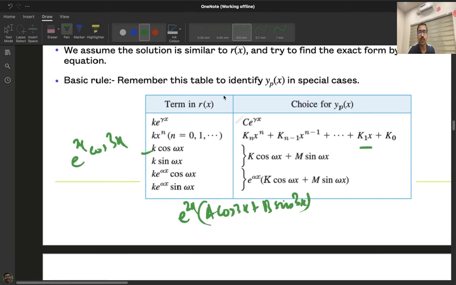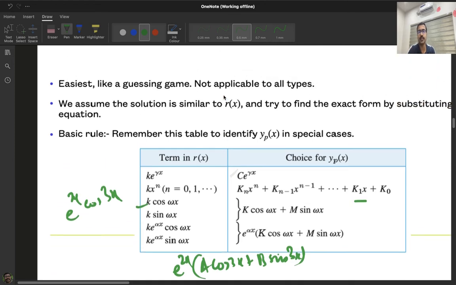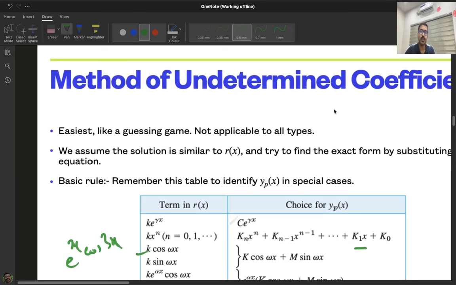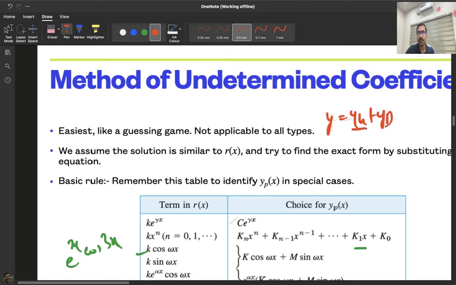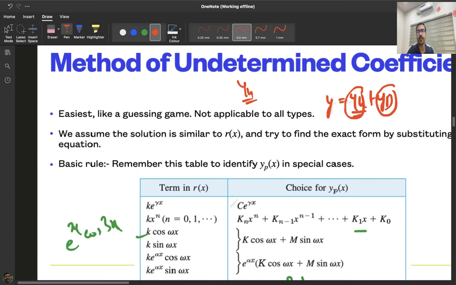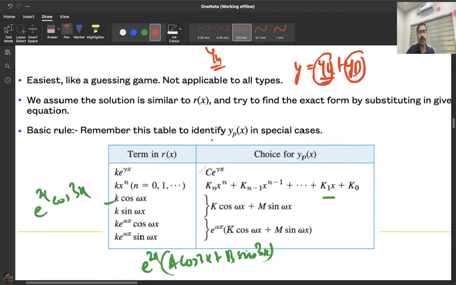Okay, so moving forward, let's try to do some problems. I hope you understand this. Just remember, our solution will have two parts: y is equal to yh plus yp. Here yh is the solution of the corresponding homogeneous equation, and yp is the particular solution. You already know how to find yh, and I told you how to find yp using the method of undetermined coefficients. It will only work for RHS having functions of these forms. For the general form we will go for the method of variation of parameters, which we will discuss in the next session.